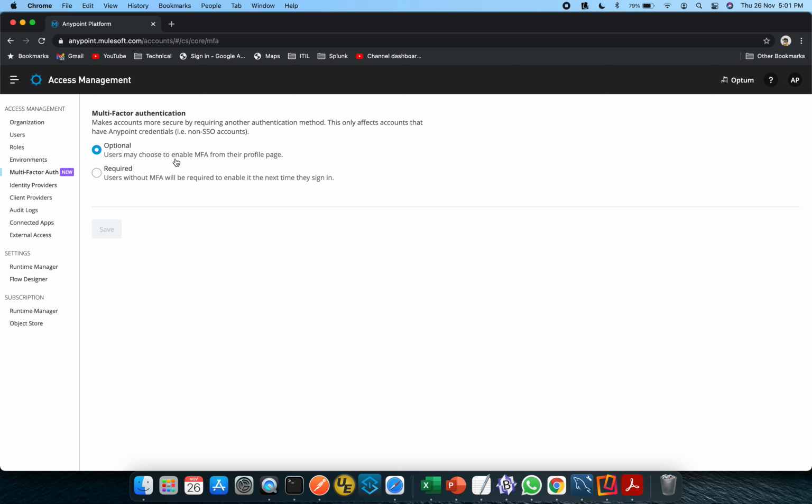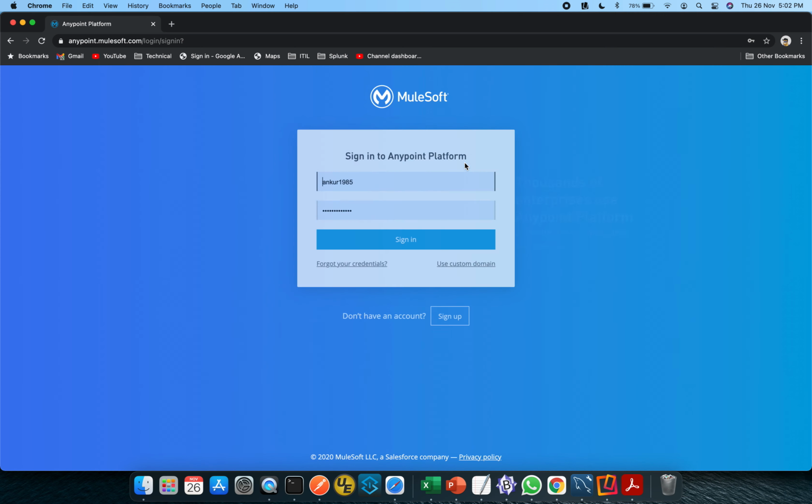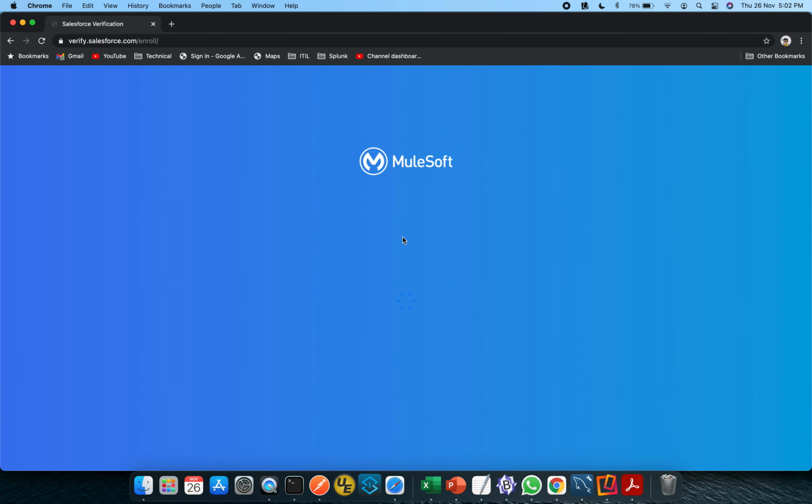Users may choose to enable MFA from the profile page, like what we are doing currently, or secondly, all users without MFA will be required to enable it the next time they sign in. So we will try to do that now. I will click on the save button and let me log out and try again.